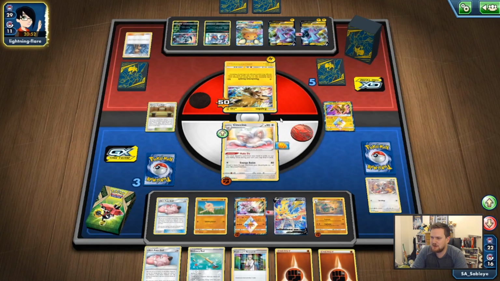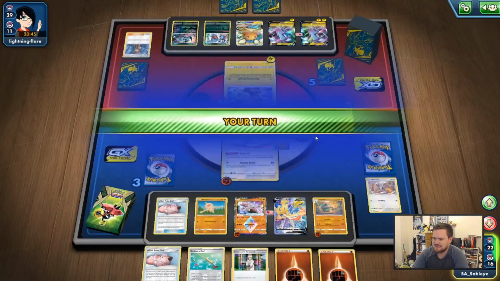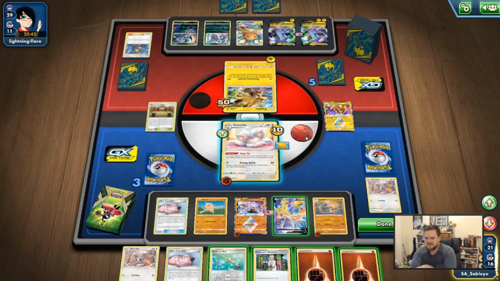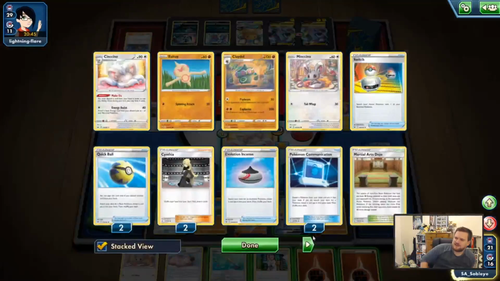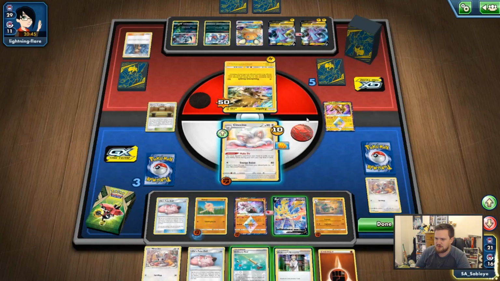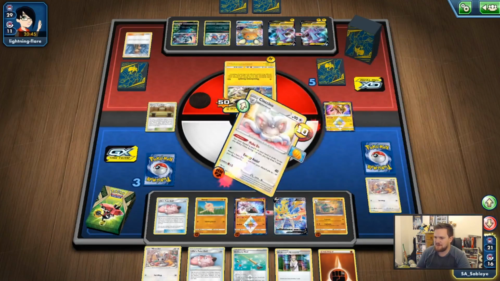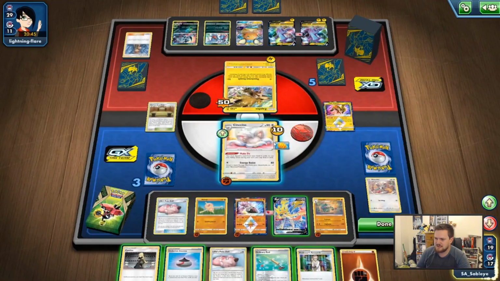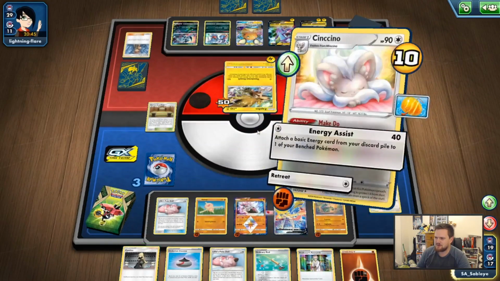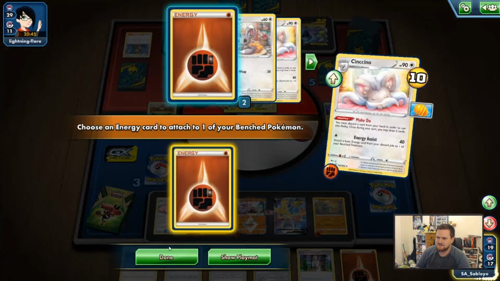It doesn't look like they've got a lot going on over here, though, so they might not even be able to attack this turn. And that's very interesting because it means that we can... Yeah, they're just going for the attack, so 10 damage. What's the best option for us here? I mean, we could potentially knock out with the Claydoll, or we could just place down some more damage with this Cinccino, and I think that's probably the best thing we can do. I'm not sure if there's anything else realistically that we need to do, so we'll just energy assist,